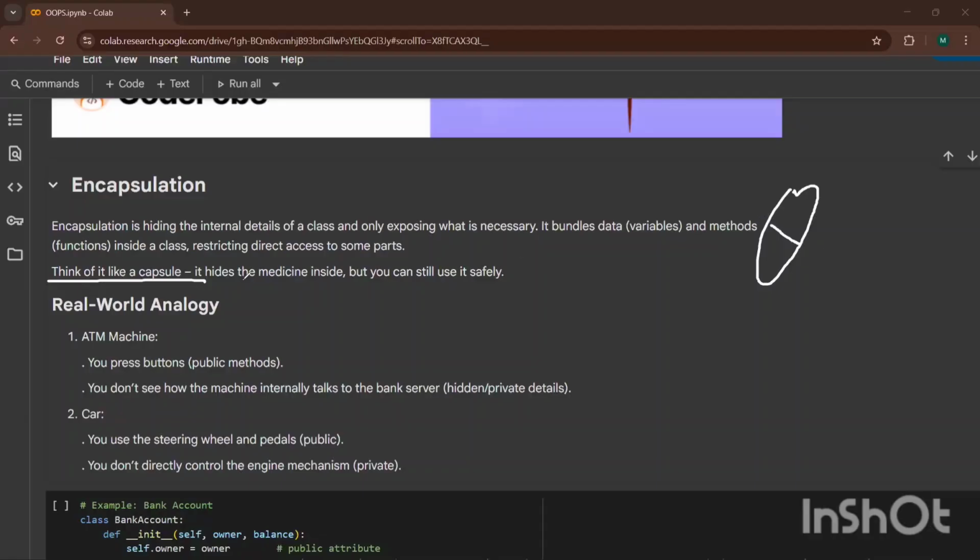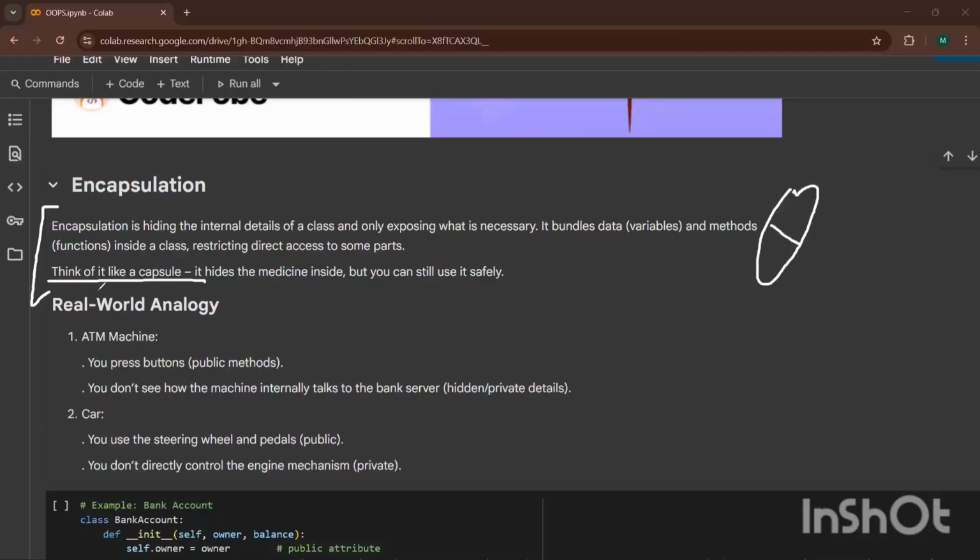That actual medicine is hidden inside the capsule. You're using it, but you're not able to see it. That is encapsulation.